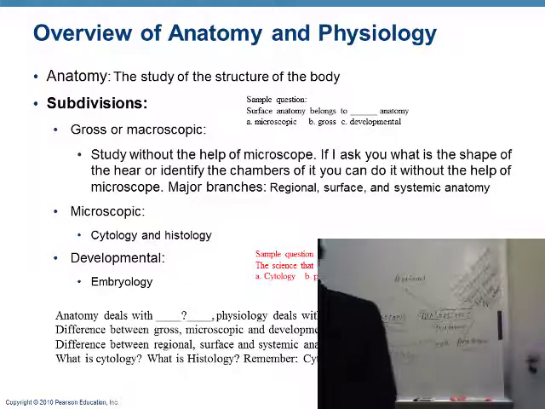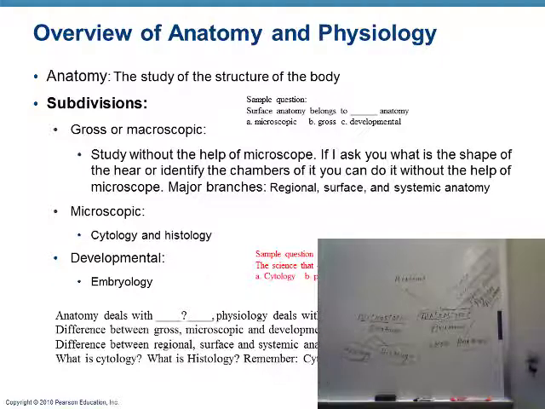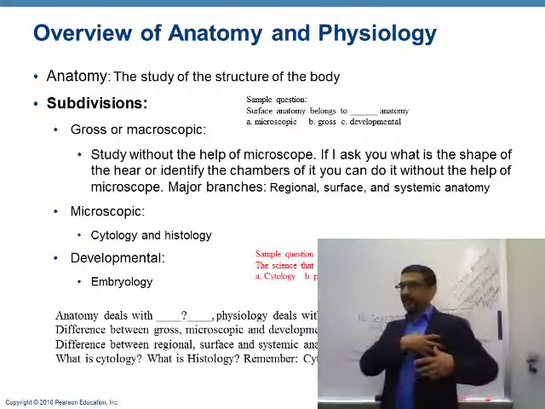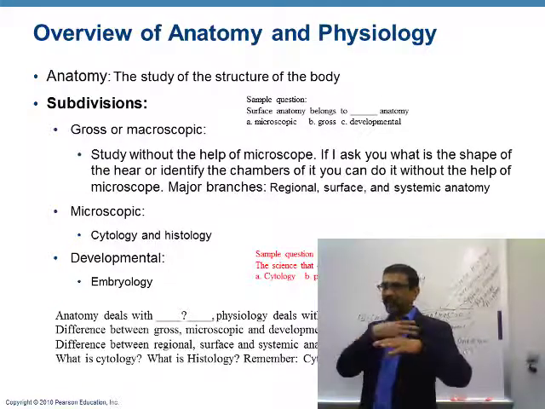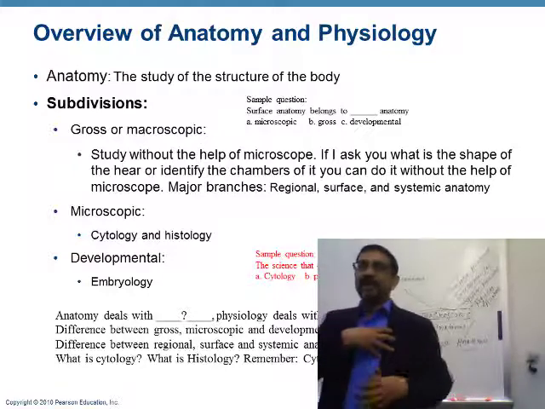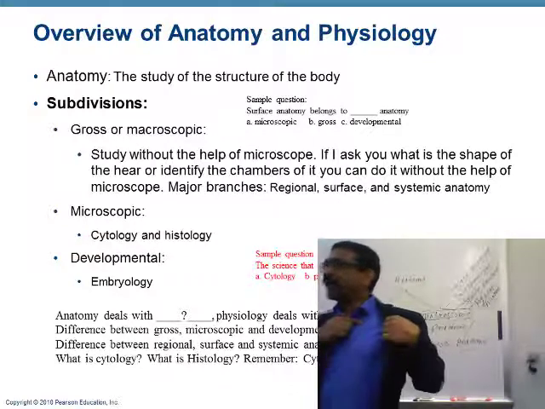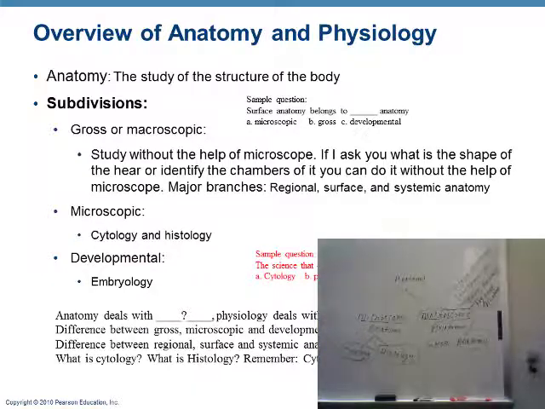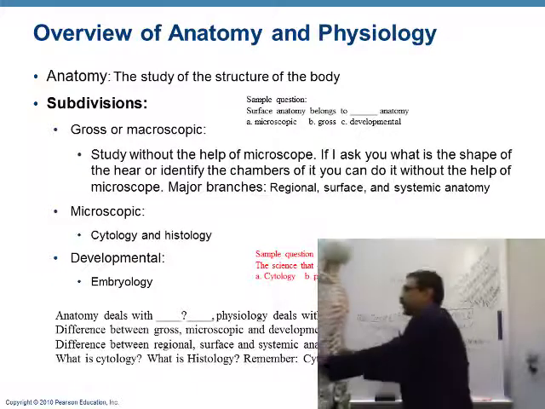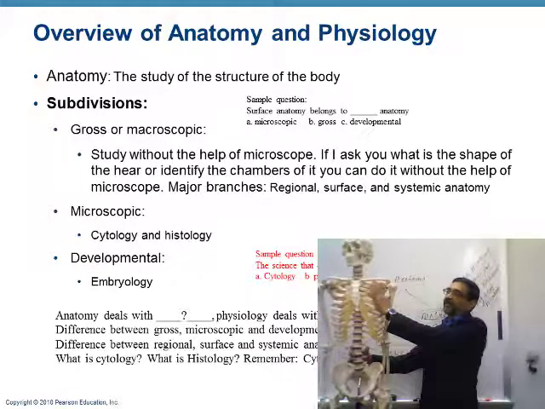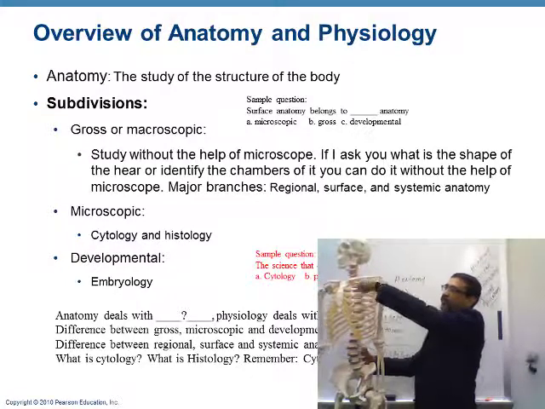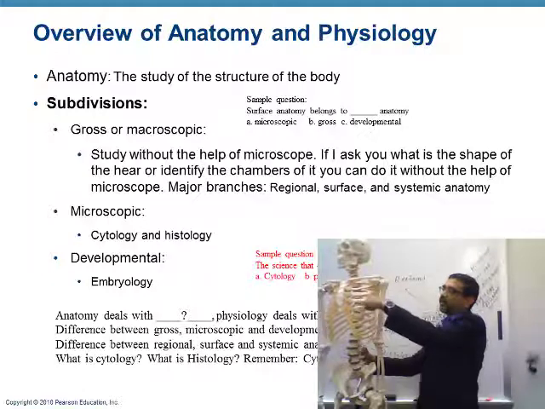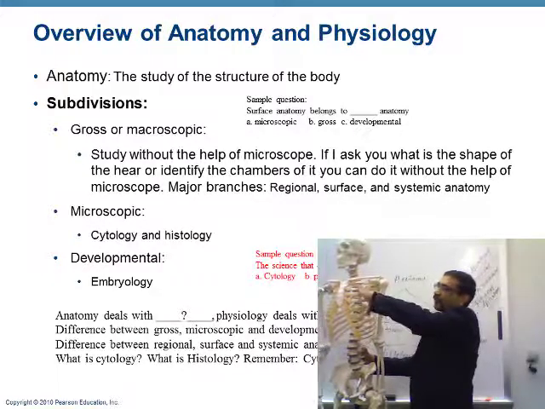Surface anatomy, what is that? You know that your heart is located in the left side of the thorax. All of you know that, right? Heart is mostly in the left side of the thorax. Now, we also know that heart is located, you see here, in the left side, between the second and fifth intercostal space. So this is first intercostal space, second, third, fourth, fifth. So here,